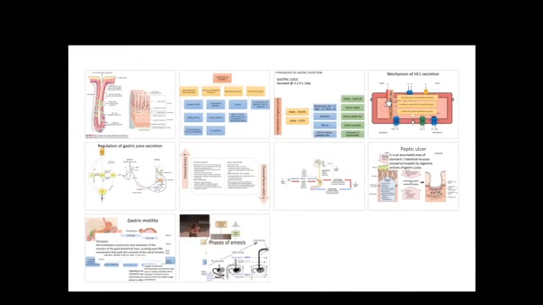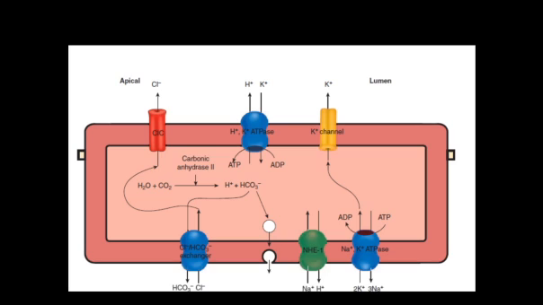Now coming to the mechanism of HCl secretion, which is the important component of gastric juice. How is it secreted? It is mainly secreted from parietal cells. Parietal cell, as I have said earlier, has several canaliculi. Inside the parietal cell, carbon dioxide and water, which are readily available, are converted to H plus and HCO3, carbonic acid, in presence of carbonic anhydrase. Now this carbonic acid is a weak acid which readily dissociates to form H plus ion and bicarbonate.